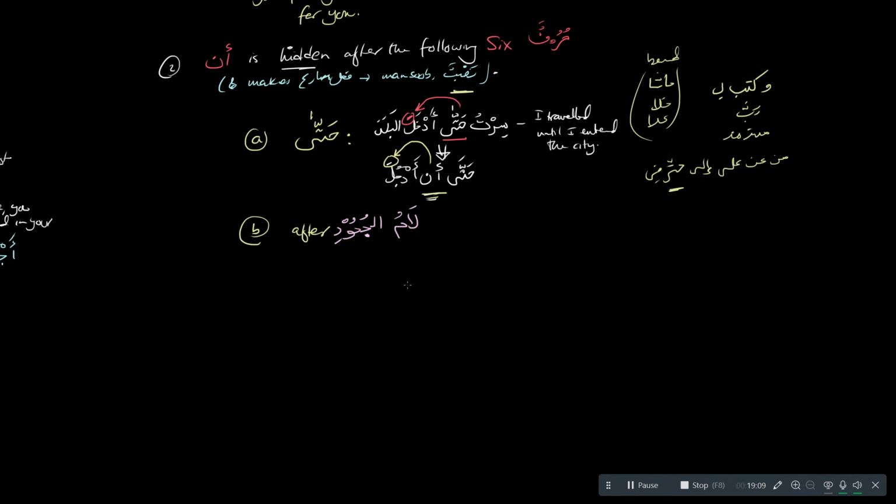Okay, after lamu juhudi, or lamun nafi, there's two dots here, lamu nafi. All right, so after lamu juhud or lamu nafi, that is lam which appears after kana